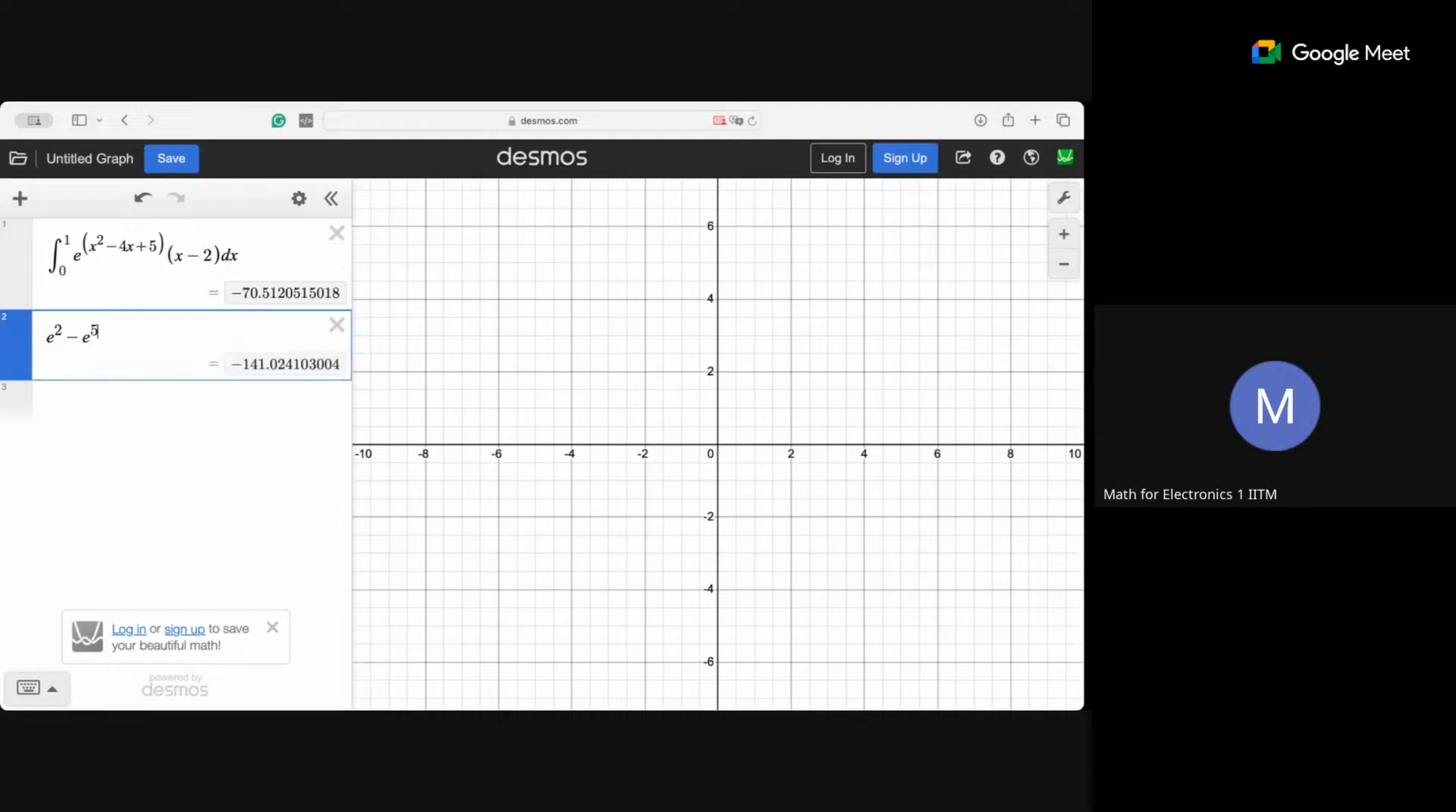Okay, did we miss something? I think there is some half in the picture. Divide by 2, sir. Yes, sir. So there is a half. So you can see exactly the integral will be equal to minus 70.51, because if you plot this curve,